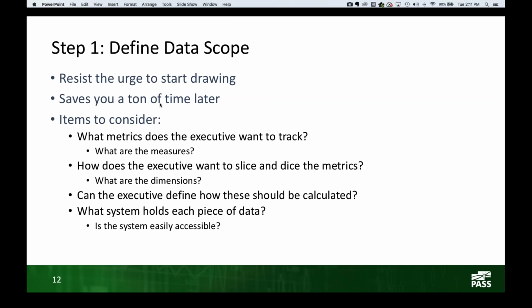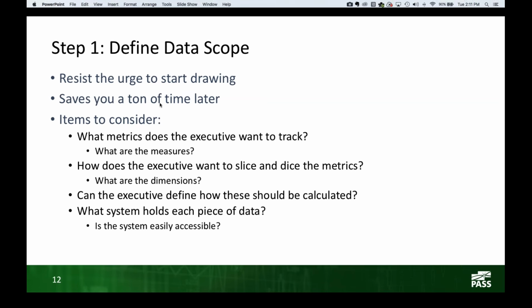What are the dimensions? I'll throw out some of the BI terms. This is an Excel BI conference, so everybody kind of knows what measures and dimensions are, but basically it's the math, and the dimensions, the categories of things you slice and dice those measures by. And can the executive define how these should be calculated?